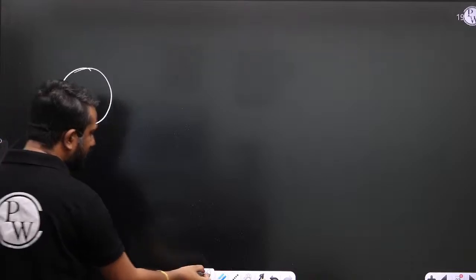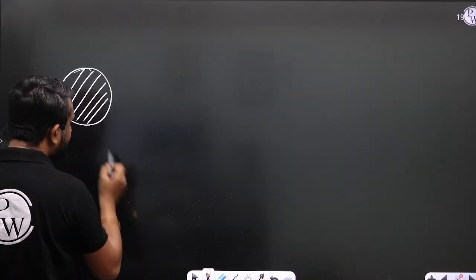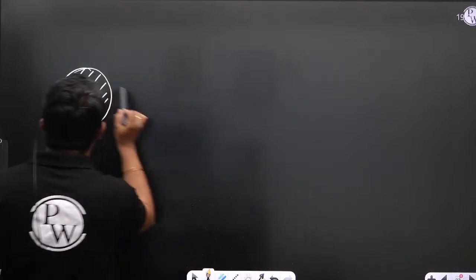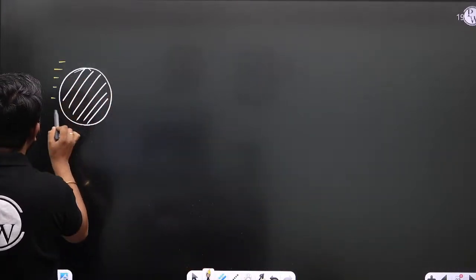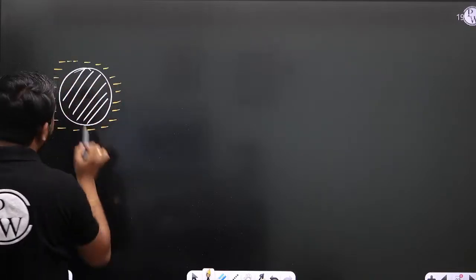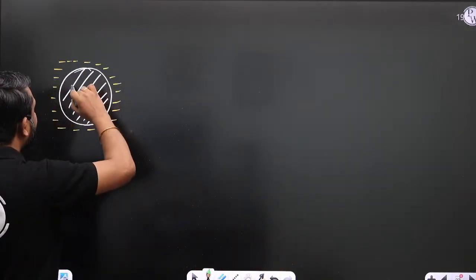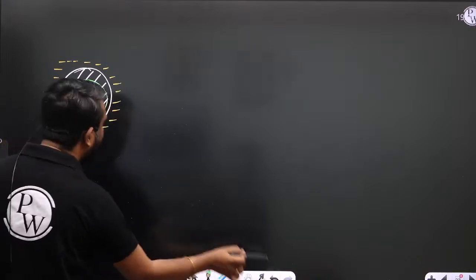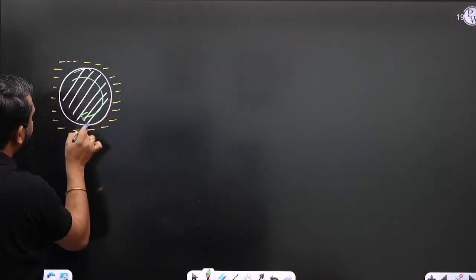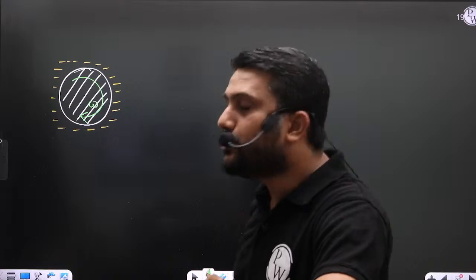This is the cross section of the shaft. Outside this shaft there is a lubricant. Let us consider this shaft is trying to rotate in a clockwise direction with angular velocity omega. So definitely